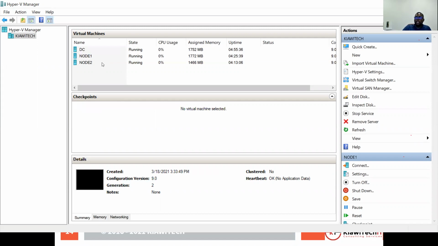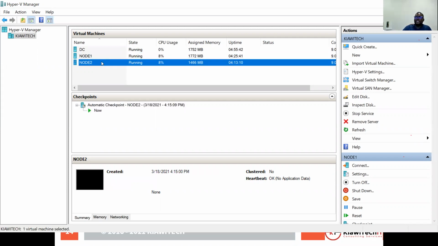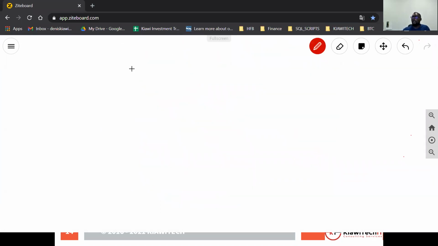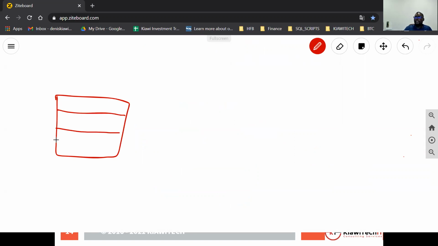And for this 2-node cluster, we are going to create our iSCSI target and use that iSCSI target as our shared storage to configure traditional failover clustering. If you want to watch more videos on iSCSI target, you are free to do so. But the only thing I can explain right now is, if you look at the concept of cloud technology, you can sit somewhere and access drives that are found on a distant, remote server. So an iSCSI target is just a distant server that provides you the storage that you need via a fast